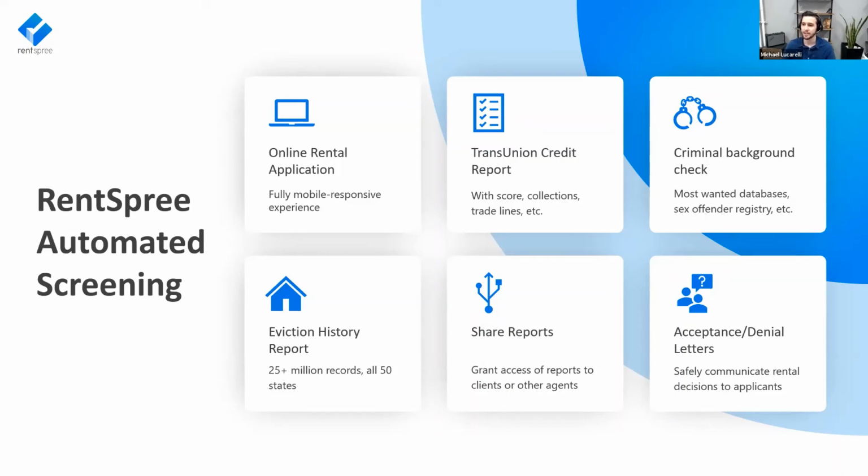So we also provide a TransUnion credit report, which is fully detailed with score, collections, trade lines, etc. We provide a criminal background check if you would like. We have our eviction history report, which is a 50-state eviction history check. And then